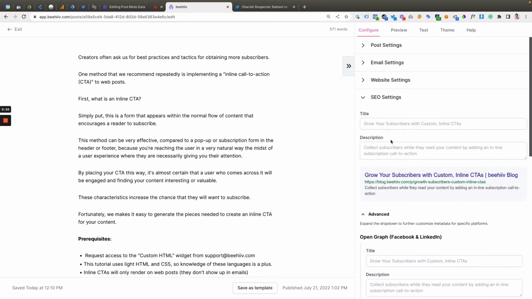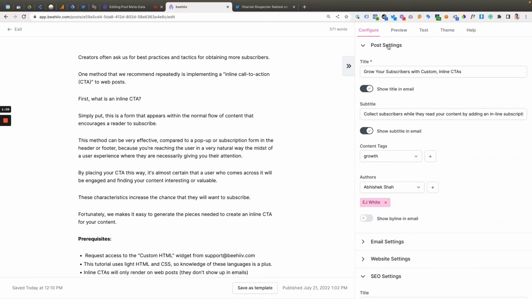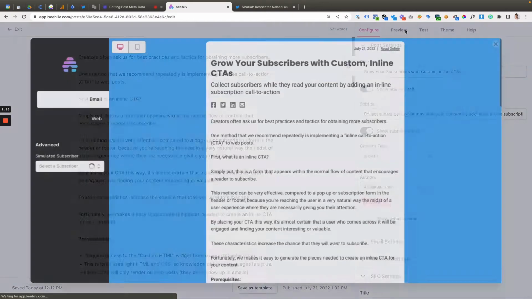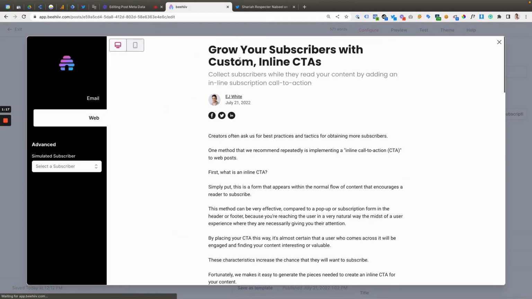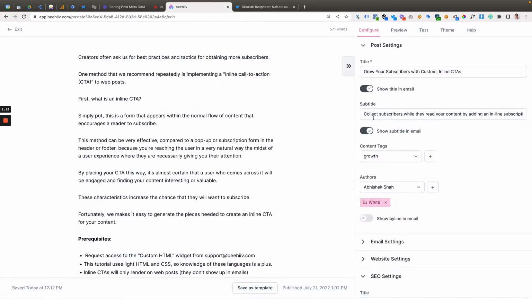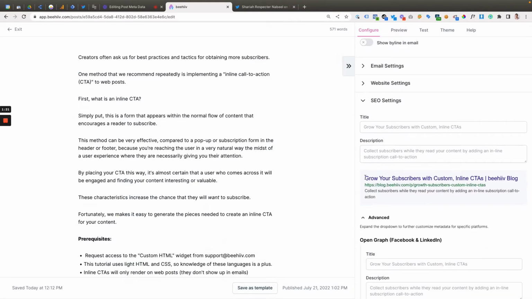Now, the best way to take advantage of these, your meta title is going to be what shows up in the search engine, so you can kind of see what it'll look like here. This is super valuable if you're trying to optimize for SEO and rank for a specific topic, and is different from the post settings title in that the post settings title is going to be the title that shows up on your web view, and then your meta title can be different and is what's going to show up when Google indexes your page